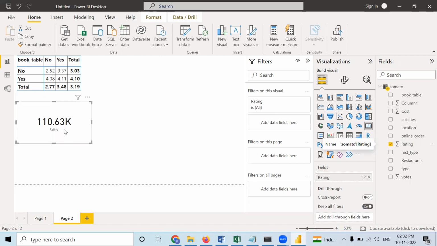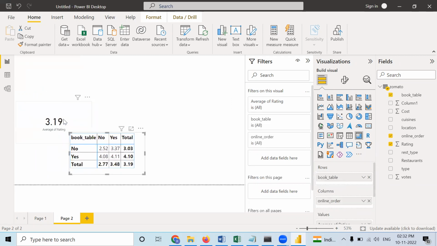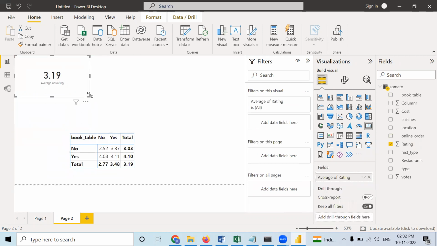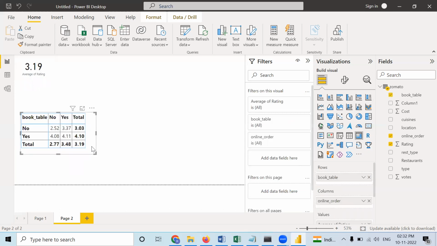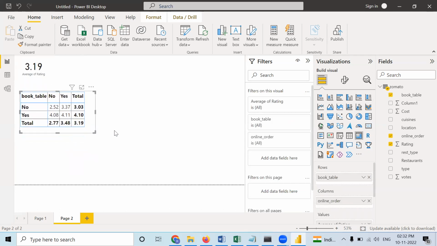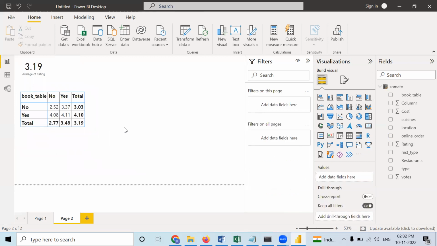Okay. Is it the proper thing? No. Right? We should take the average. So I am taking the average. Now it is showing 3.19. That is the one that I told you. This is the total rating. Isn't it? Is it clear, everyone? So usually when we make a dashboard, we will put these cards at top and sides only. Okay. So that was regarding